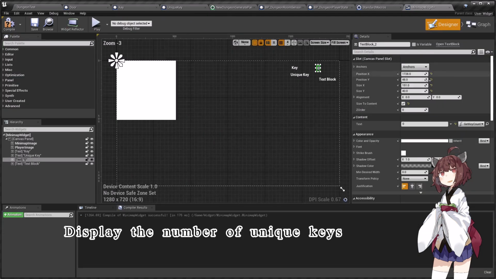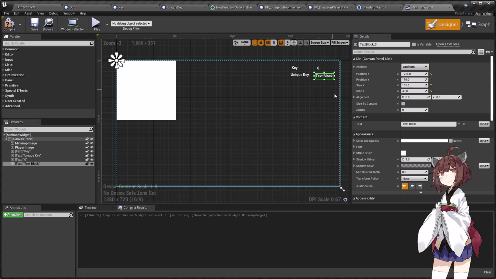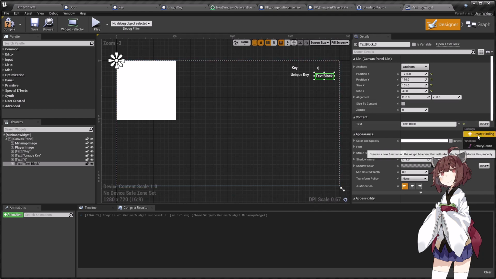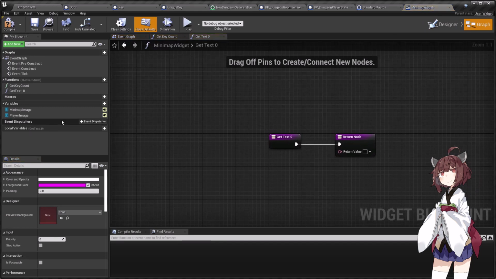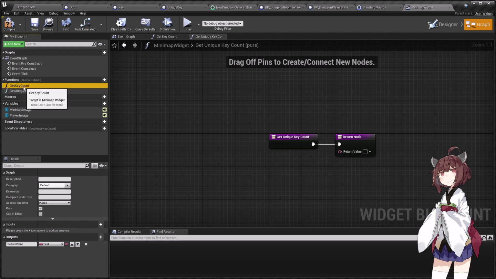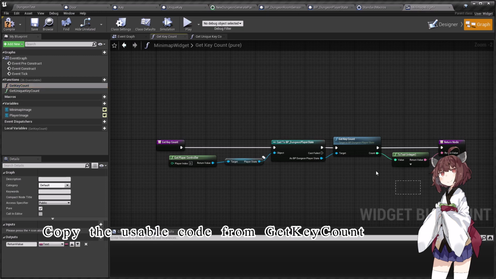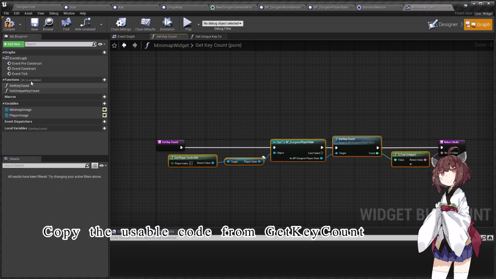Display the number of unique keys. Copy the usable code from Get Key Count.